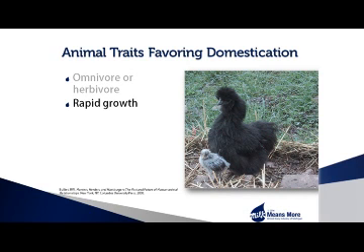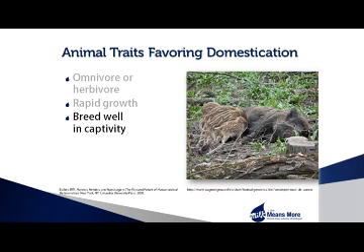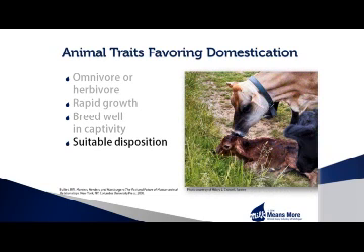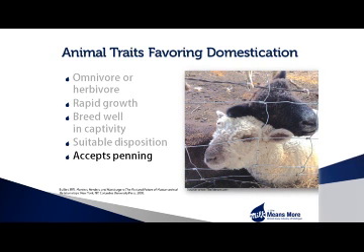Second, only rapidly growing animals were worth considering. People couldn't spend too much time feeding and caring for an animal until it was large enough to provide labor or food. Third, the species must easily breed in captivity. Fourth, the animals had to have a docile nature. Think cow versus American bison. Fifth, the animals must tolerate penning. They must not panic and flee when startled. Think domesticated, herd-oriented sheep versus a deer.